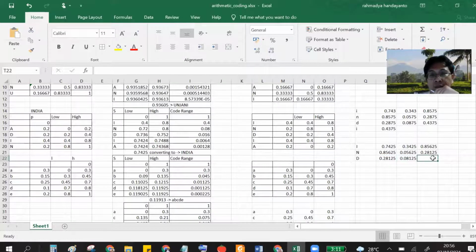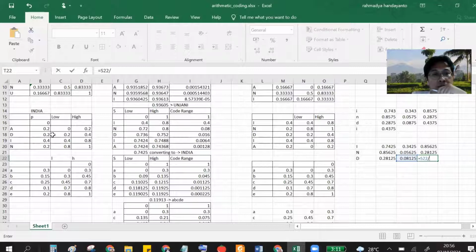You have to get the new number by dividing this using the range. D range is 0.2. From 0.2 to 0.4 is 0.2.